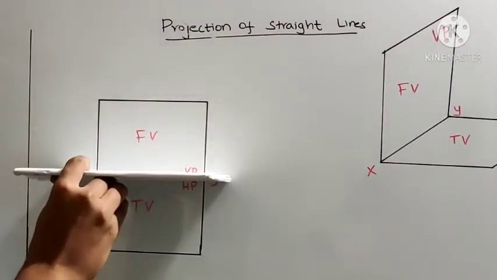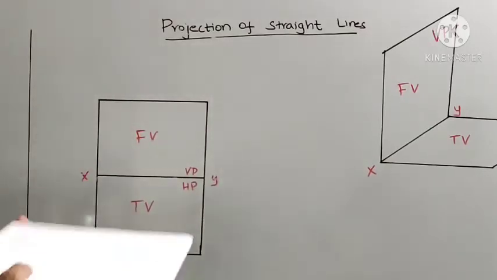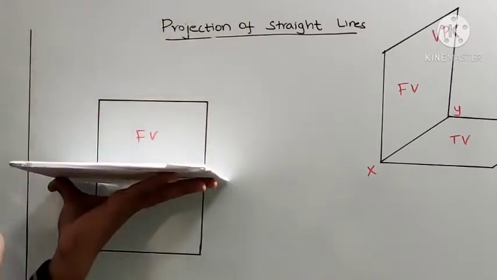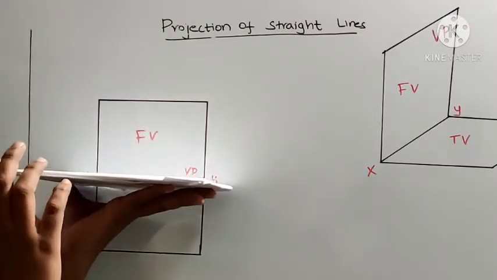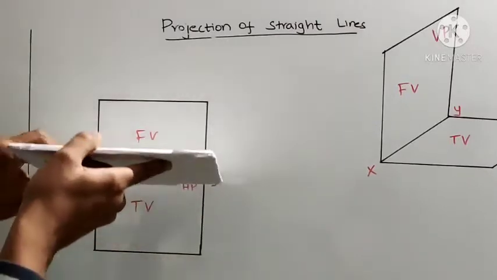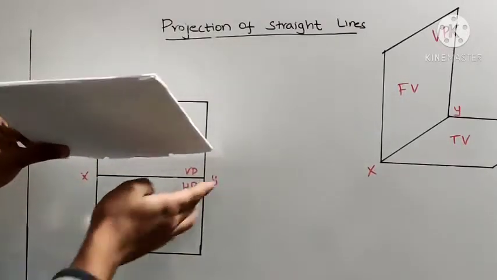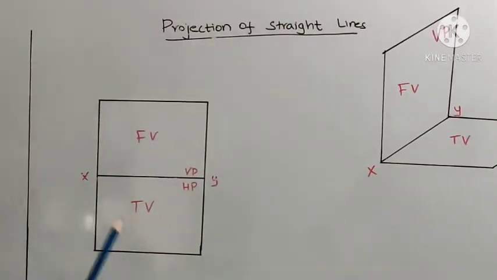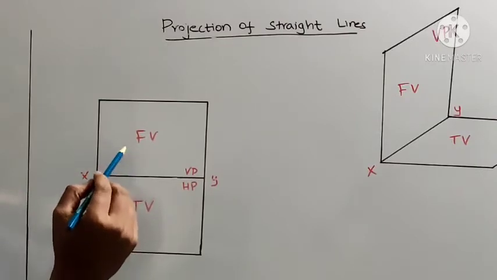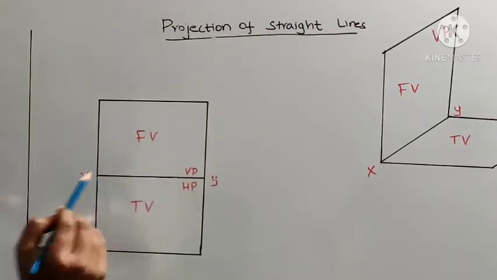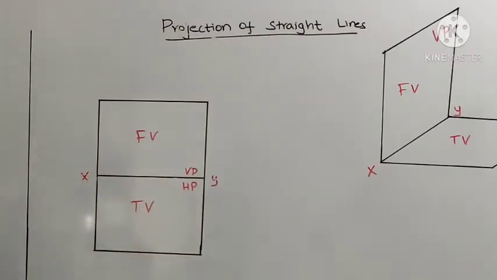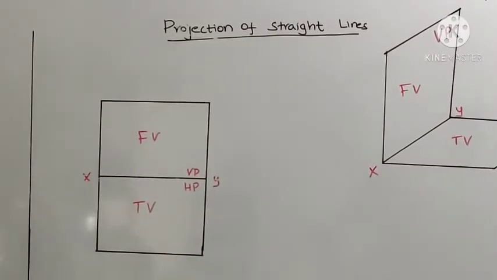Okay. So I'll summarize the thing. When we are working on the front view, your horizontal plane will overlap with the reference line. When you are working on the top view, the vertical plane will overlap with the reference line and it will look like a line. So while taking the front view, this line is my horizontal plane. While taking the top view, this line is my vertical plane. Okay. Because we will be using this concept somewhere during our projection.